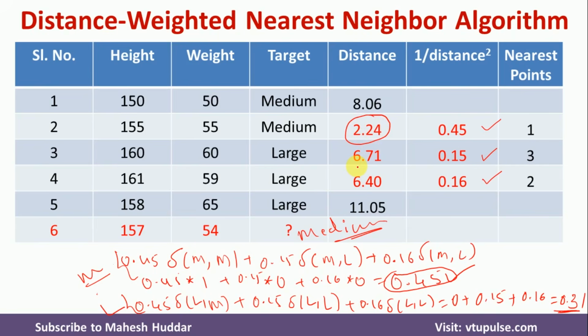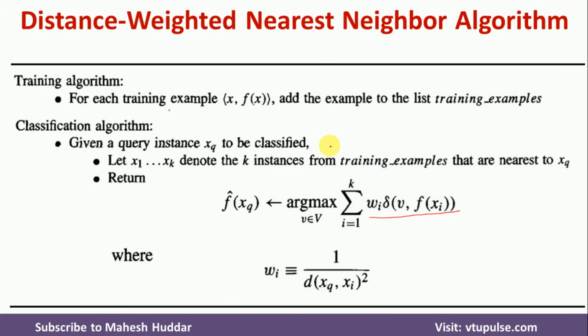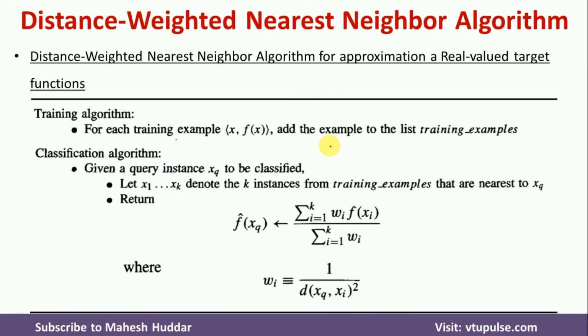So this is about how we can apply the distance weighted nearest neighbor algorithm for discrete valued target function. Now we will take the other one, that is real valued target function. Here we have a very small difference. In the normal k nearest neighbor algorithm, we have something like this: f cap of xq is equivalent to summation of i equals 1 to k of f of xi divided by k, where k is the number of nearest neighbors. We take summation of f of xi divided by k, but here we are going to take this into consideration,